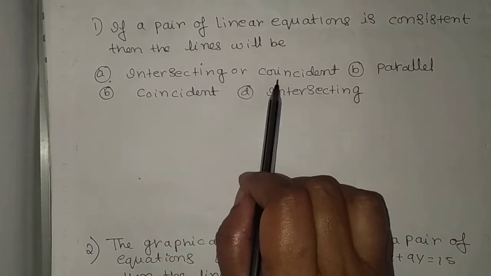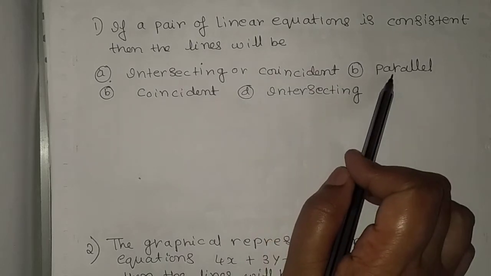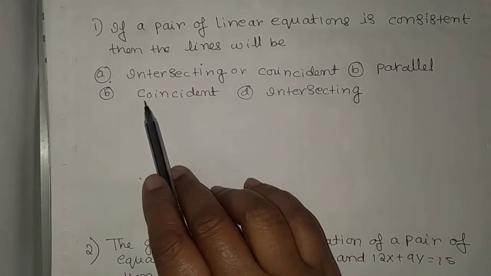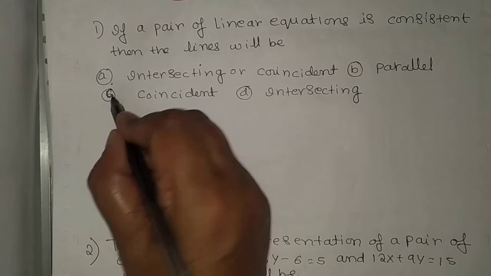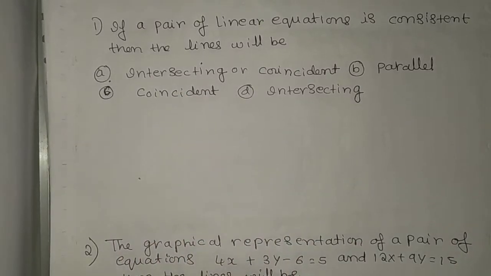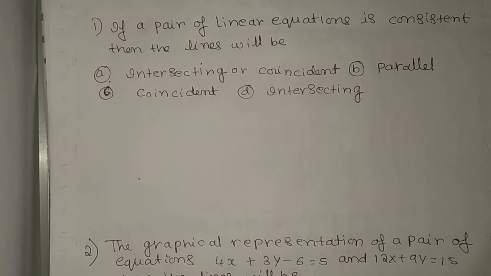A is intersecting or coincident, B parallel, and C is coincident, and D is intersecting. So here